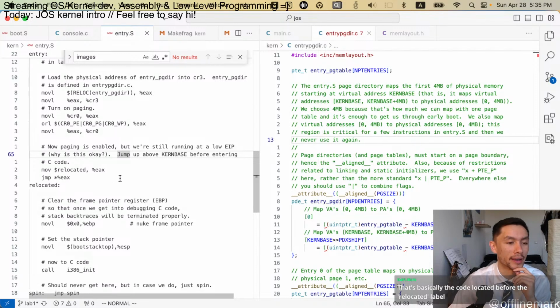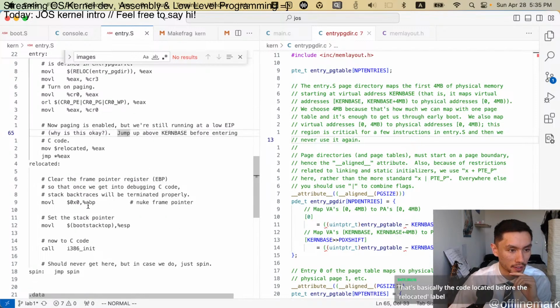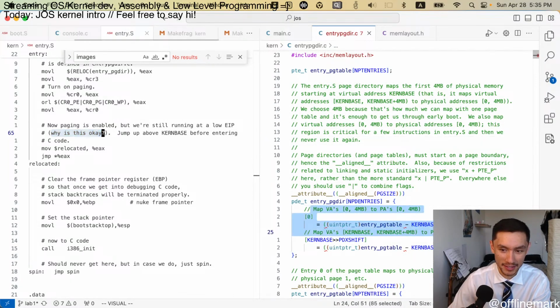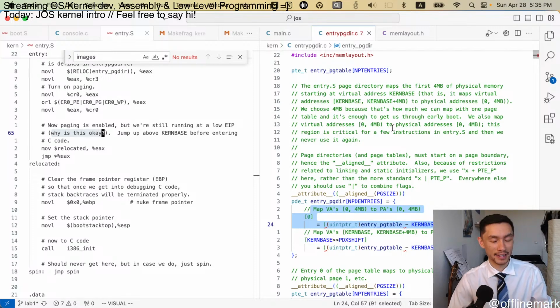Interesting. I think you're right. I think I was wrong because it also, again, literally says it in the comment. Why is this okay? We know the answer. I know the answer to that now. It's because this thing sets up this map, which allows us to still safely be accessing super low